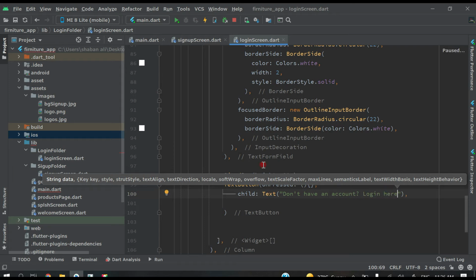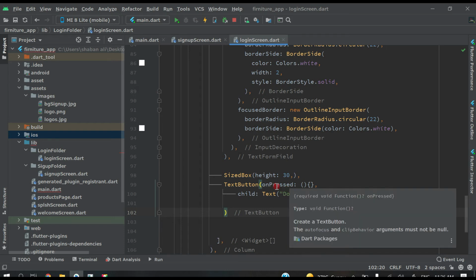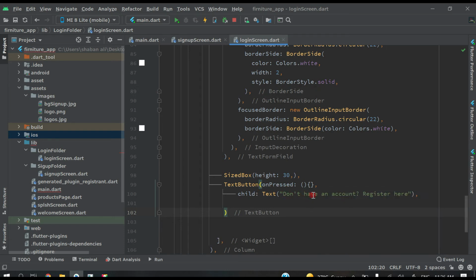So if somebody doesn't have an account, he or she will click here, register here, and we will send the user to the sign up page.